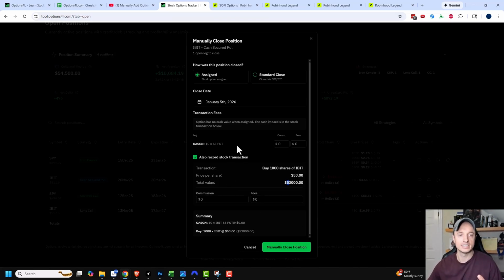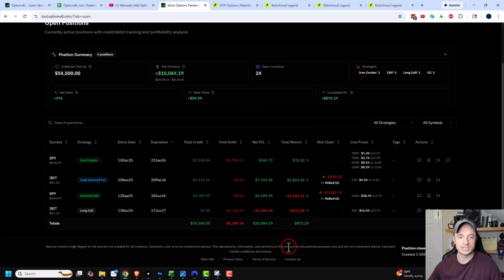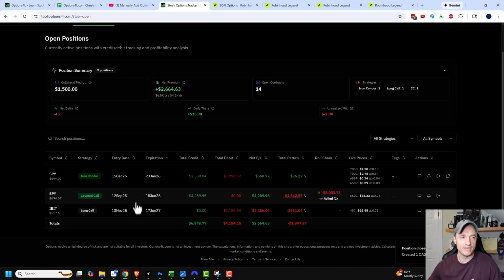I might have fees to associate with this particular stock transaction, but in this case, it's going to create 2 transactions for us. It's going to create the assigned transaction, so that'll close out the option, and then we'll also have another transaction where we're buying 1,000 shares of IBIT at $53,000. So let's go ahead and manually close this position, and boom, just like that, it vanished off of our open